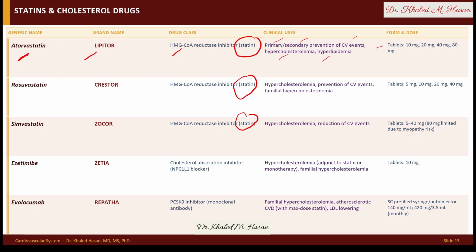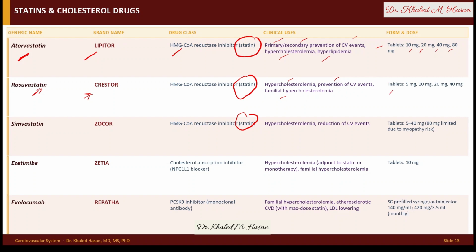Atorvastatin is available as 10, 20, 40, 80 milligram. Then we have rosuvastatin, brand name Crestor. That belongs to the same group, HMG coenzyme A reductase, hypercholesterolemia prevention, and familial hypercholesterolemia, available as tablet 5, 10,